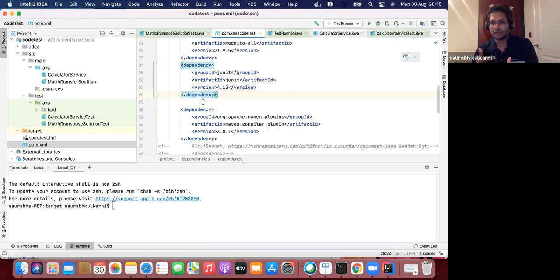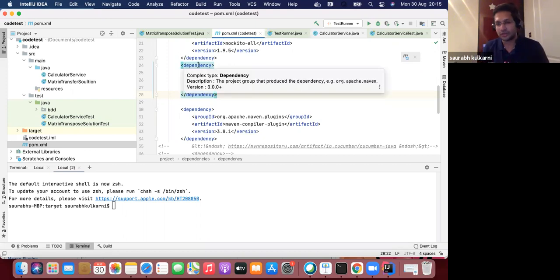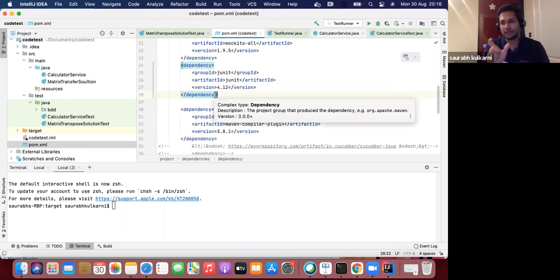How can I use the TDD? There are a number of tools available. Suppose my project chooses JUnit to implement the TDD, then I am bound to use the JUnit because it's available. And if it is a running project, there should be a dependency already added into the POM. If you are building it from scratch, the first time, you need to copy this from the internet, and I have told you how to do that. So okay, the dependencies are there. The JUnit framework is available to use.